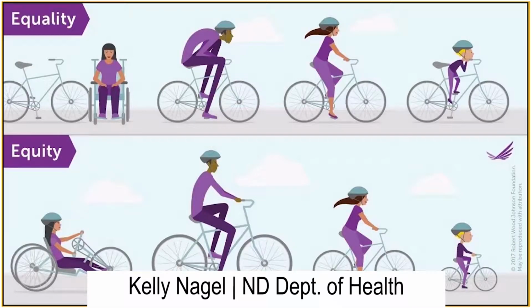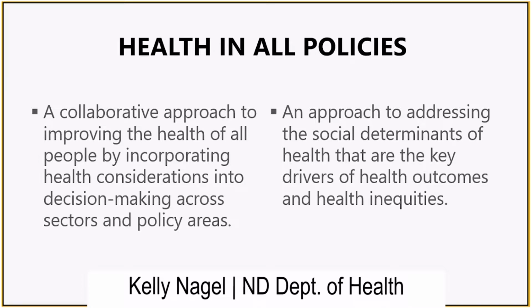So to reiterate the video that you saw and didn't actually hear, the point of this picture is that they're demonstrating or showing that there are 4 individuals of different heights or circumstances that are attempting to ride a bike. In order to treat them equally, they would be given the same size bike to ride, which is the first line or the top. However, doing so wouldn't necessarily allow each of the individuals to ride a bike. So in order to give them equitable treatment, each person would need to be given a bike that would allow them to ride for whatever their needs are. And that's the picture that's depicted on the bottom there. So that's equity.